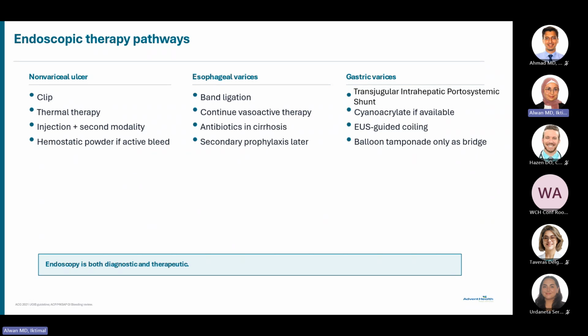It's really a shunt between the portal system and the hepatic system, and it decreases the portal pressure. This is how they decrease the bleeding. They can also use some type of glue, which is cyanoacrylate, or they can coil it. If the patient is really hemodynamically unstable, and we're not going to wait for the EGD,